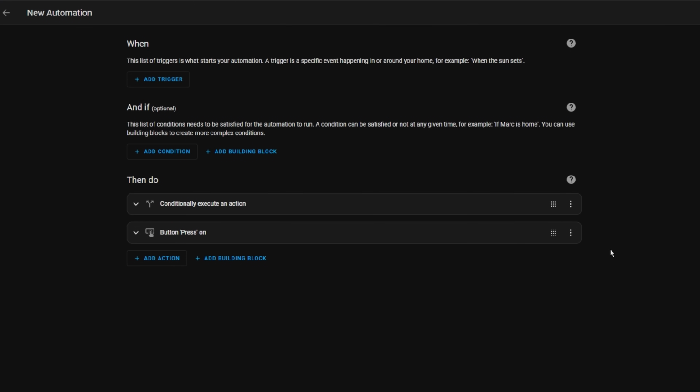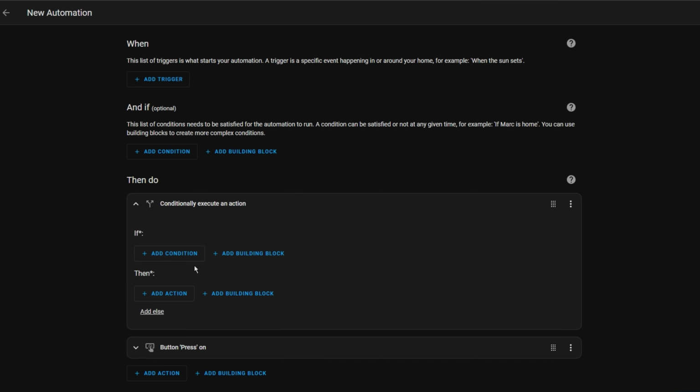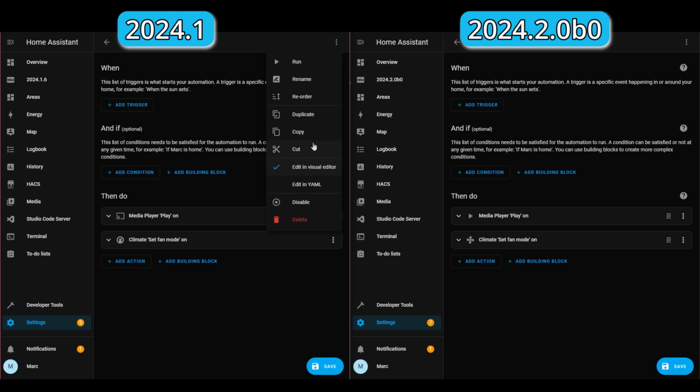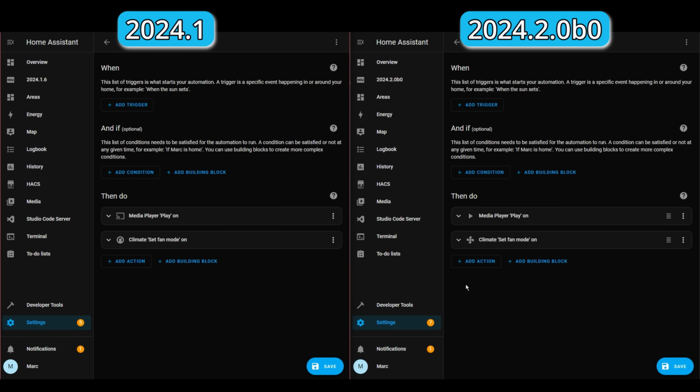Now, the automations engine has come such a long way in the last couple of years, and one of the things I like is being able to copy and paste parts of the automation and then move them around into the right order. But I did always find it strange that you had to press the menu with the 3 dots and then click the reorder button to move things around. I would also have often forgotten to exit out of reorder mode once I'd finished, well now the option is